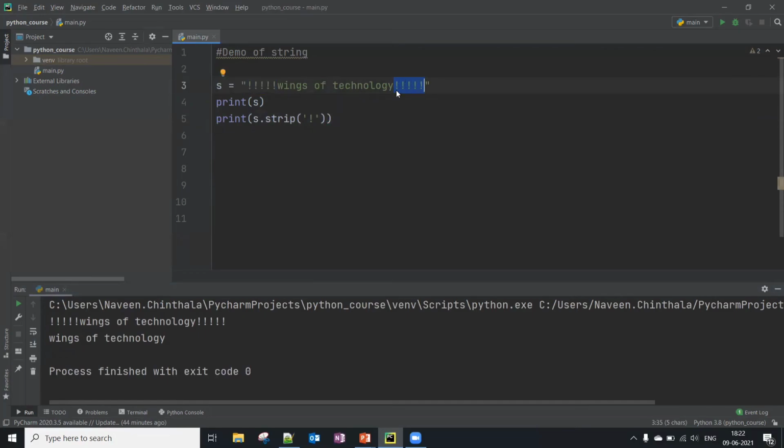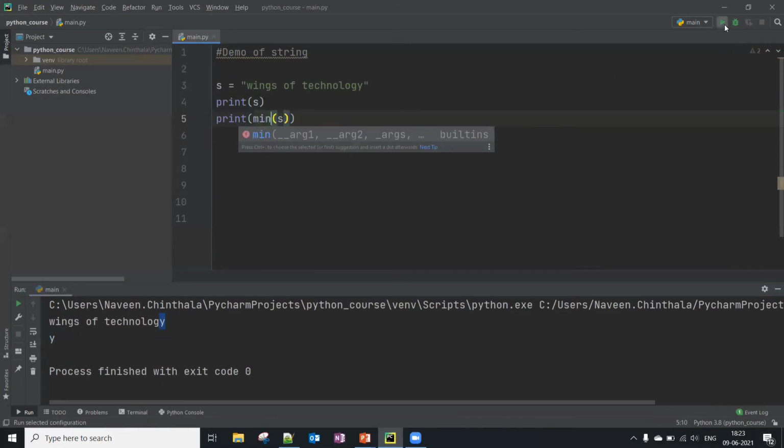Okay, so let me remove this. Let me show you another function, that is max. Max of s. So the maximum character that we have is y. Similarly, minimum is space, that's why it didn't show up.